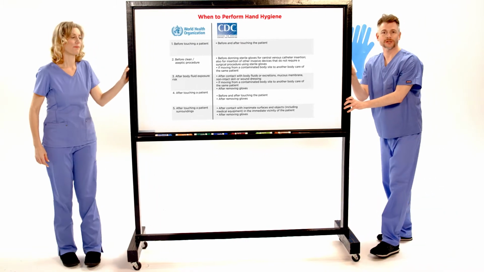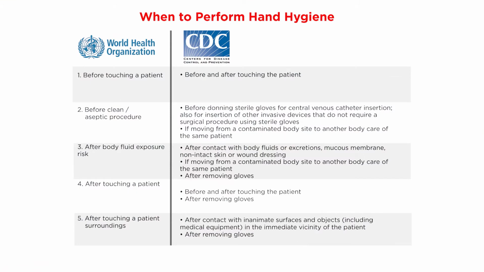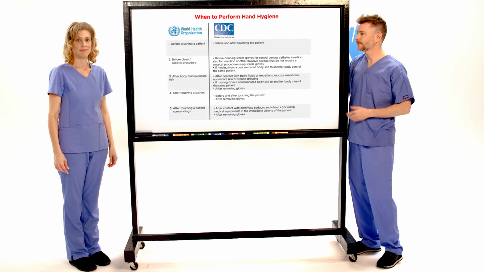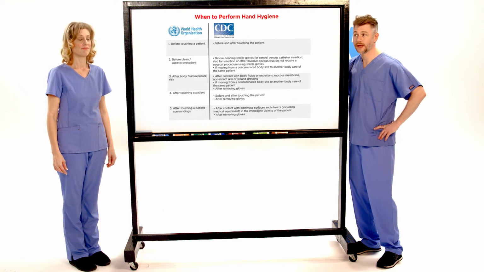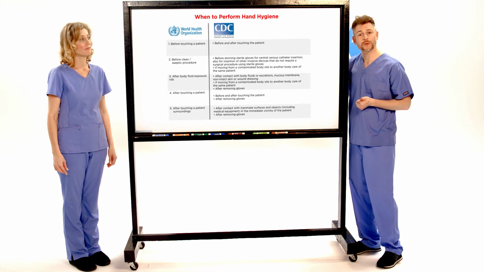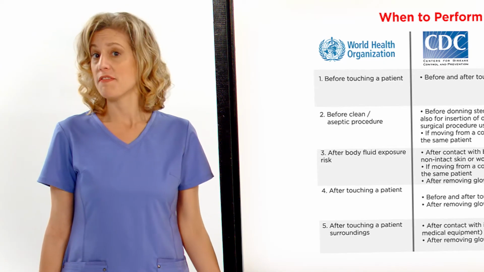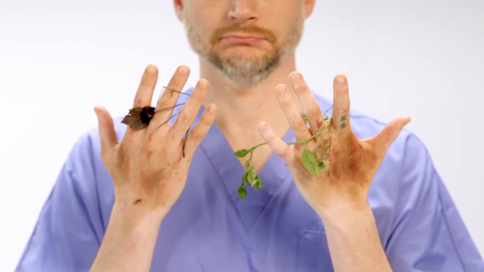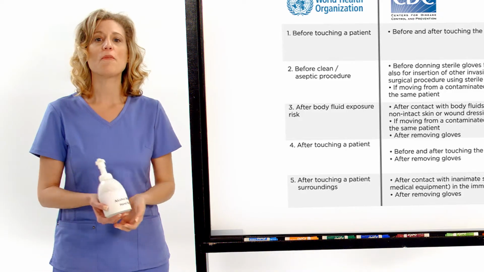The World Health Organization and the Centers for Disease Control and Prevention, CDC, have similar recommendations. The CDC's is much more detailed, and you can visit the website to check it out. You should always perform hand hygiene in the following circumstances: after touching blood, body fluids, secretions, excretions, or contaminated items; immediately after removing gloves, and between all patient contact and contact with the patient's environment. When hands are visibly dirty or are visibly soiled with blood or other body fluids, like my partner's, wash hands with soap and water. If hands are not visibly soiled, like mine, use an alcohol-based hand rub.